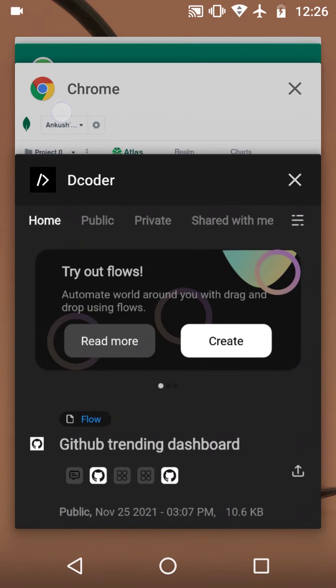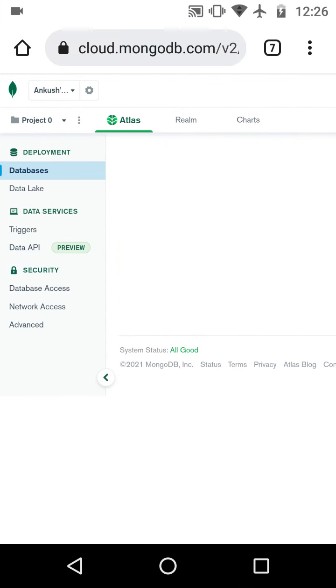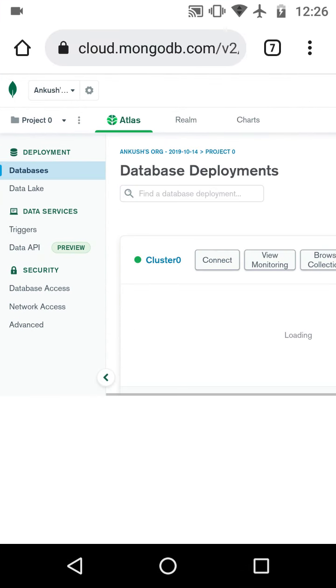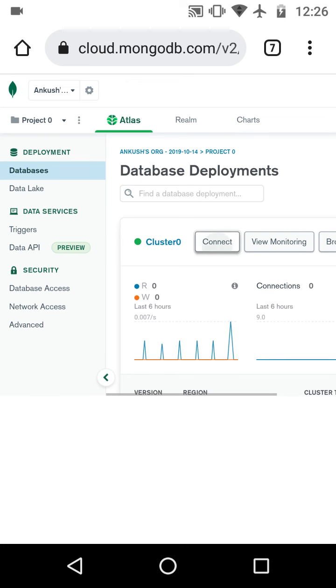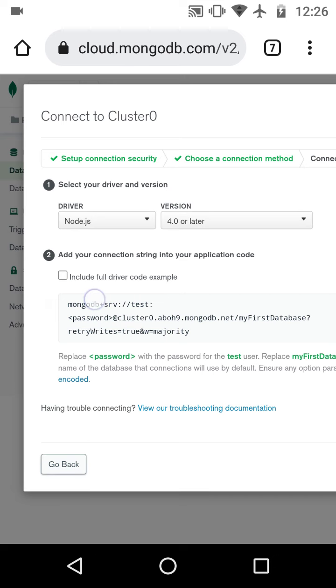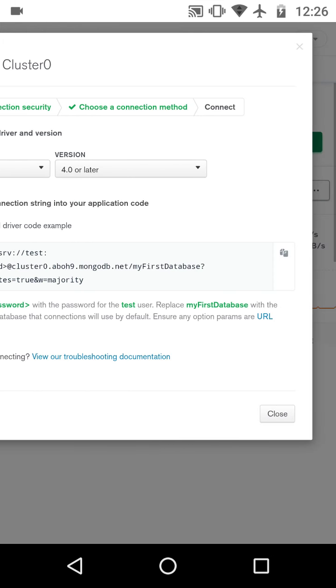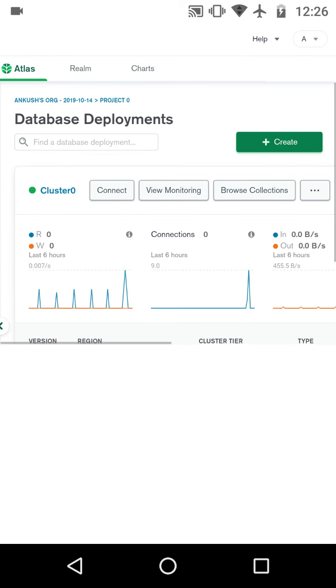Once you do that, open up Chrome again, go to the database section and click on connect. Click on connect your applications and this will give us this database string to be able to connect to this database. Copy this. One more thing that we want to do over here is go to browse collection